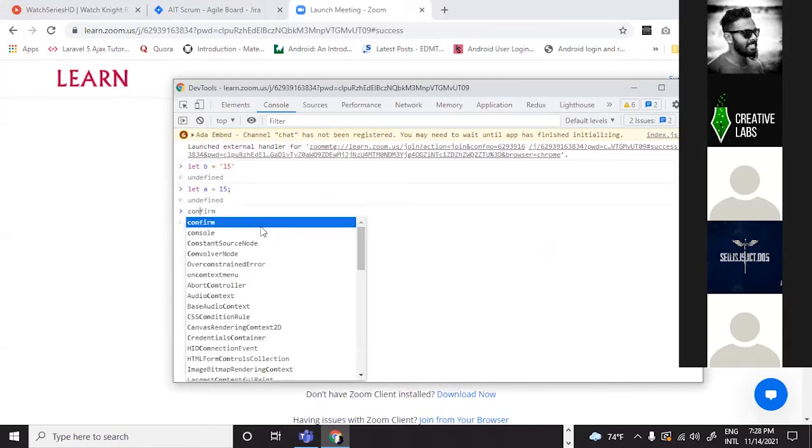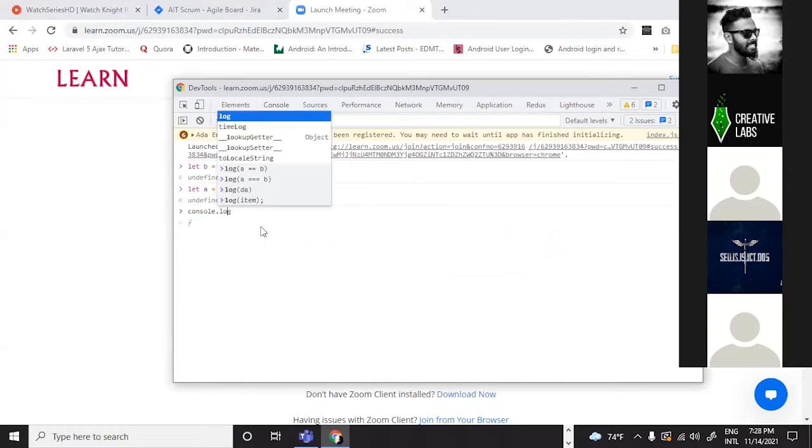So what I'm doing is console.log a equal p. So what will be the answer for this? Either true or false. True. True. Why is that? It only checks the value, right?